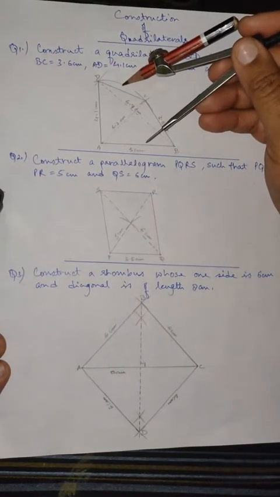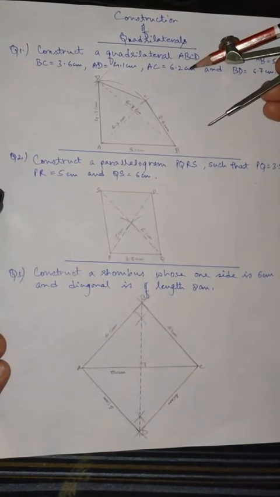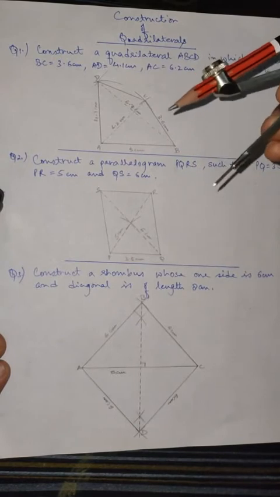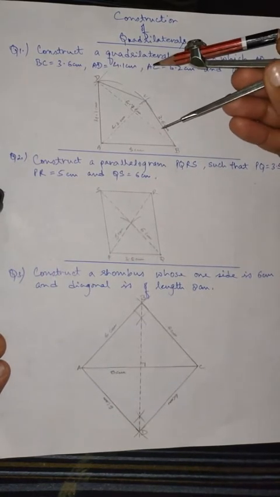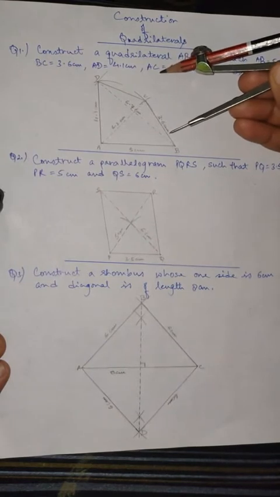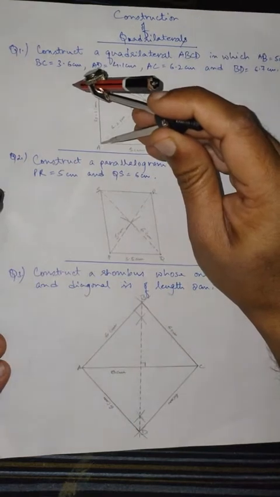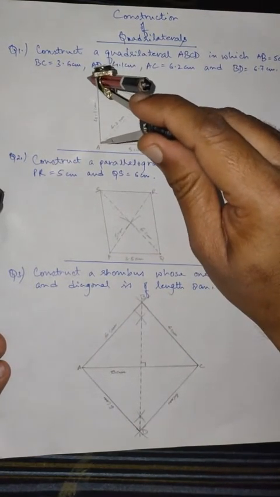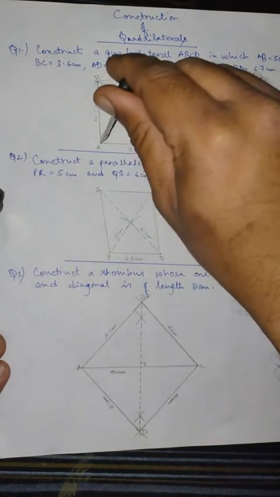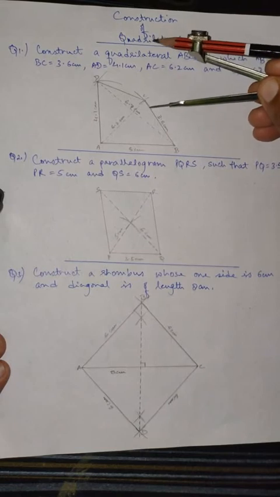This is okay. Now after that we have to draw the diagonals, that is AC, given as 6.2 centimeters. Again I measure 6.2 centimeters on the compass, and because this diagonal is between the points A and C, I place the pointer on the vertex A and mark 6.2 centimeters, that is over here. As you can see, this is the arc of 6.2 centimeters.